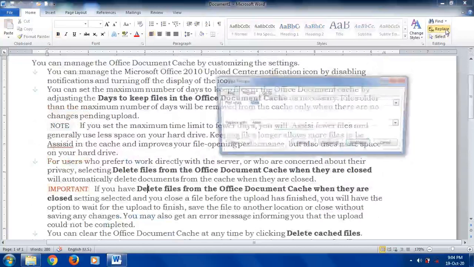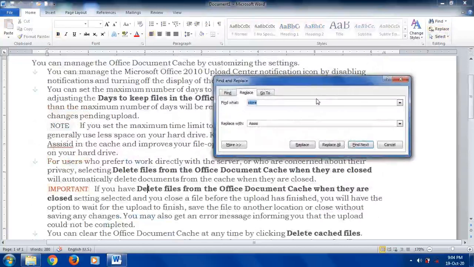So now let us find SCC wherever SCC is there. So in the place of SCC, I want to replace store, and here they are given a replace all. So replace means what happens? Word gets replaced in every occurrence wherever it gets, and replace all means at a time that word gets replaced in all the places.